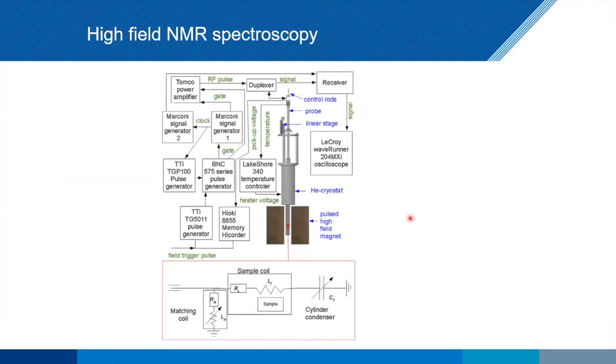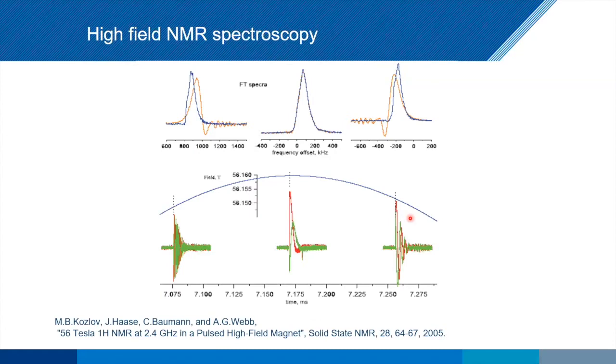So obviously, you build absolutely everything yourself for this system. And then these are the results that we got out. And again, some of you will know Mikhail Kozlov over here, who was the person who really designed a lot of this electronics. But you can see here that as the field is going from 0 up here, we managed to catch it exactly where it needs to be with the coil. So we're catching this at 56 Tesla. Our coil is low Q, so we can actually catch it a little higher over here.